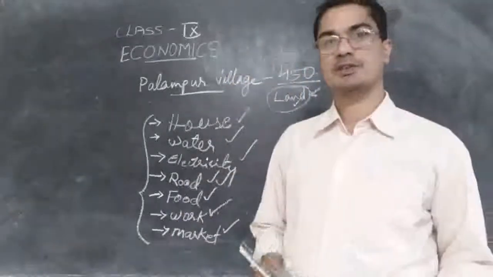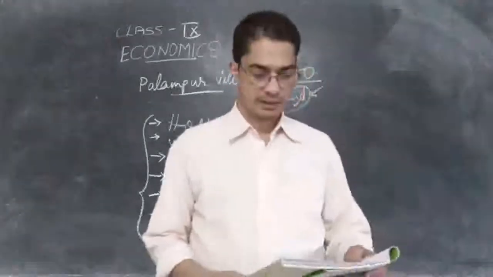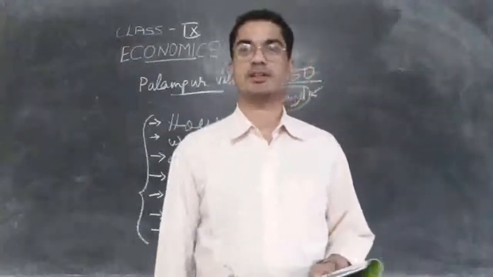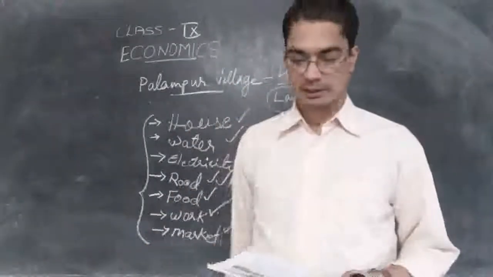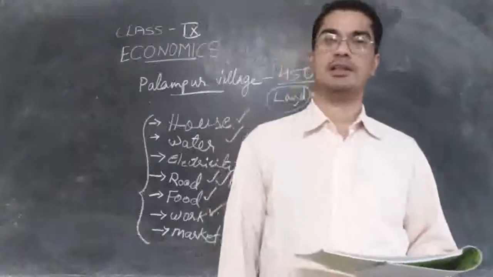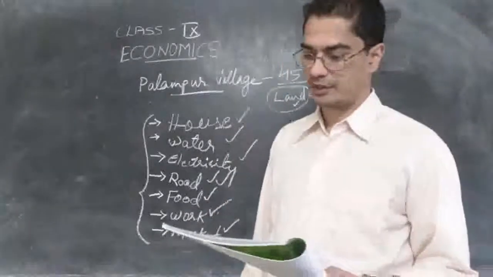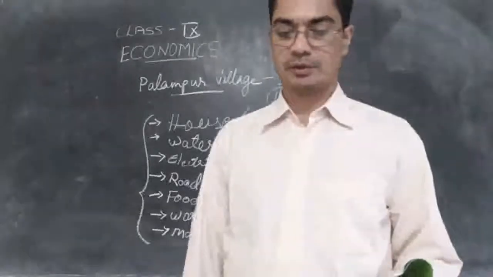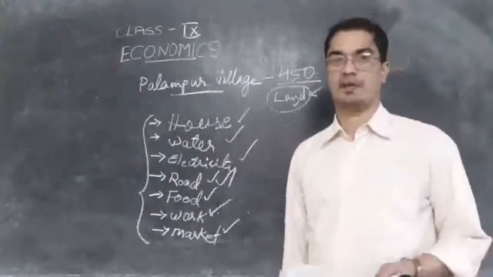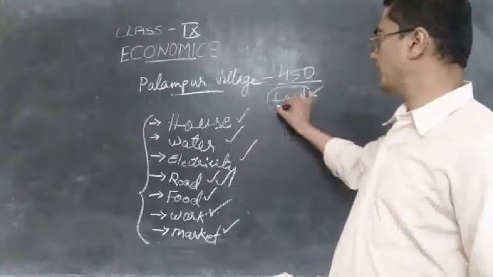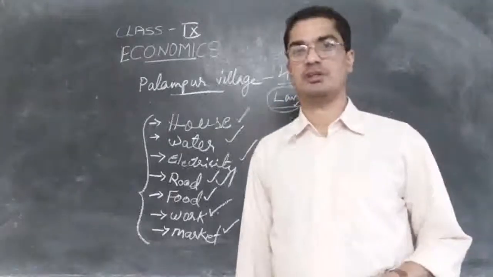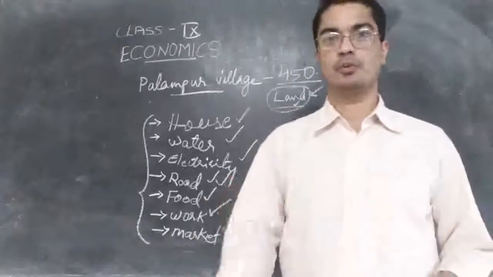Then most of the houses have got electric connections. So they have got the power connection and they are able to use light and other instruments that function with electricity. And electricity powers all the tube wells in the fields. There are many agricultural fields, so there are many tube wells.